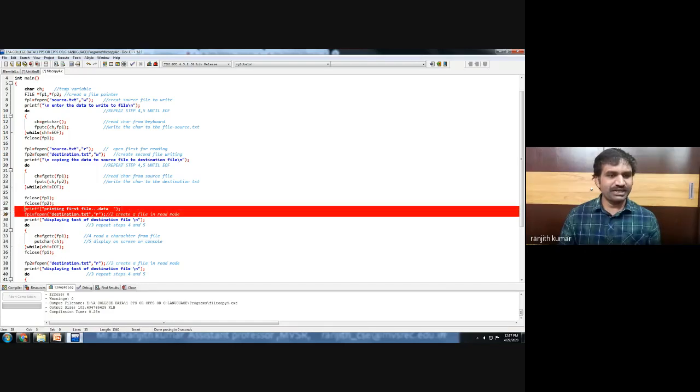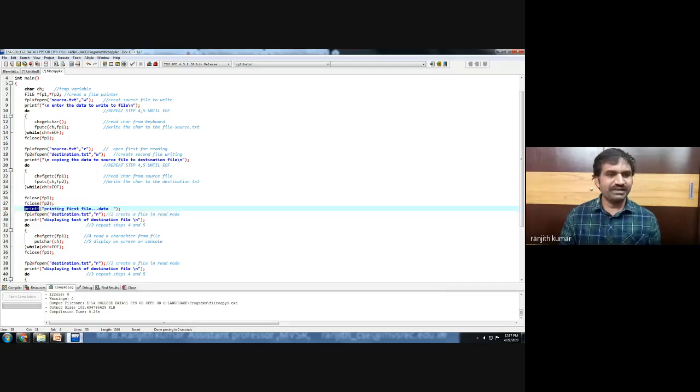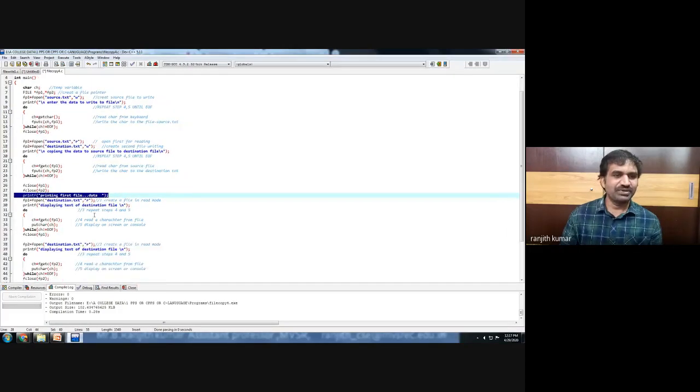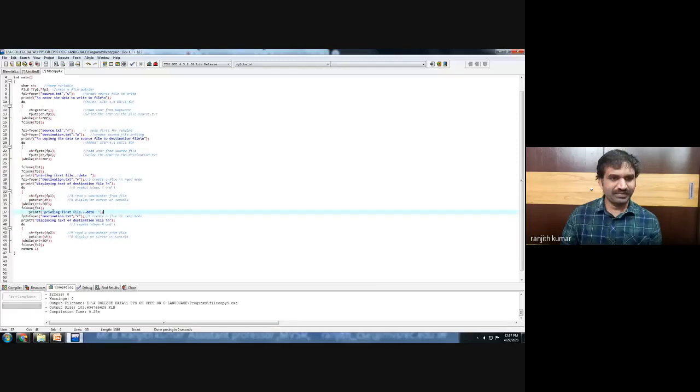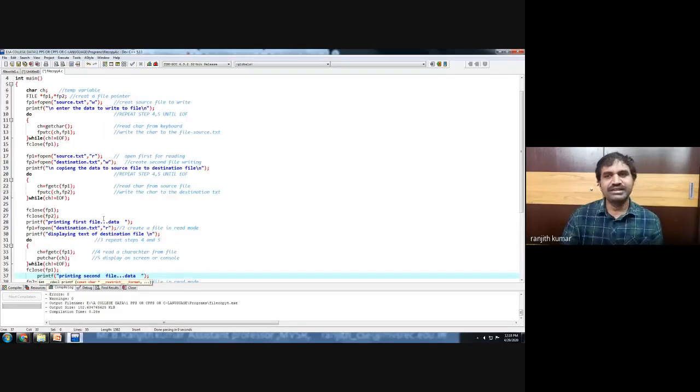If you print both, it is more understandable to the end user. So both the first file and the second file can be printed.